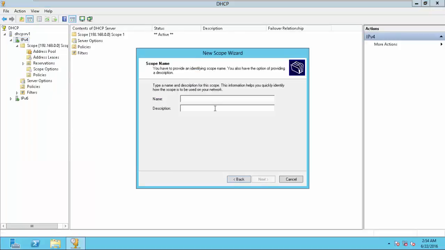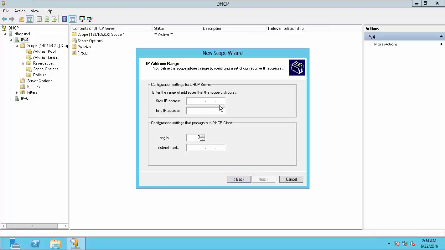I'll go next and give it a name, scope 2, and then I'll go next here and then give it an IP range, 192.168.1.1 to 192.168.1.20, because we are using this scope to serve network 2, and this is the network ID of network 2,